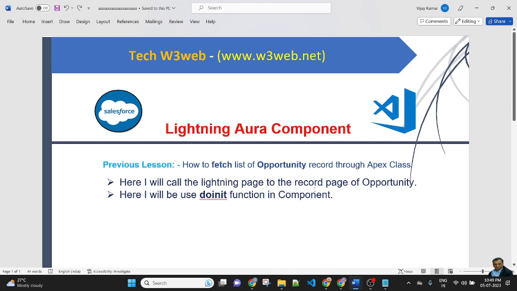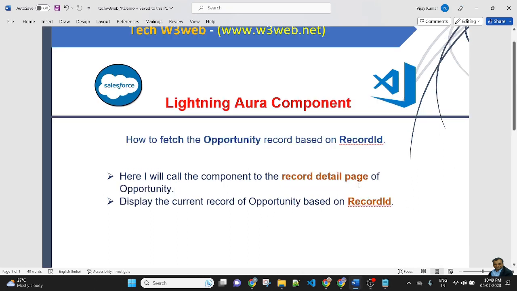In the previous lesson, we learned how to fetch a list of opportunity records through an Apex class. In the last lesson, we fetched the list of opportunity records using an Apex class method and a doInit function. In this lesson, we will see how to fetch the opportunity record based on the record ID.